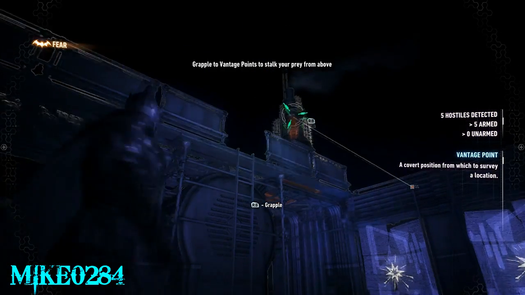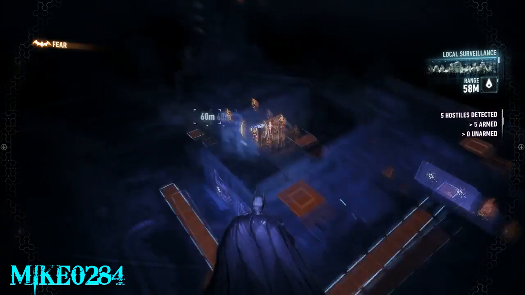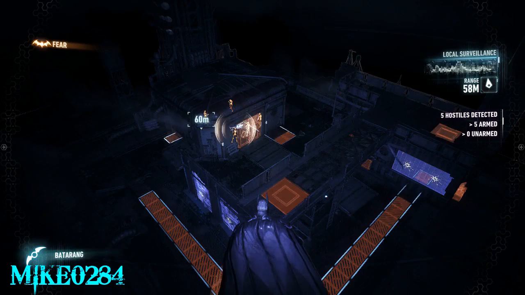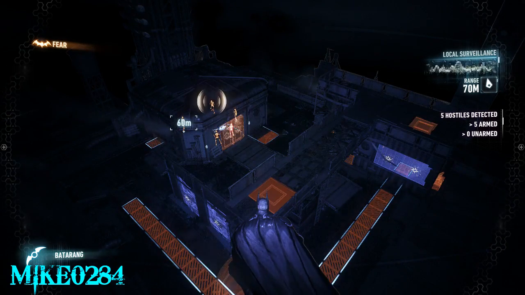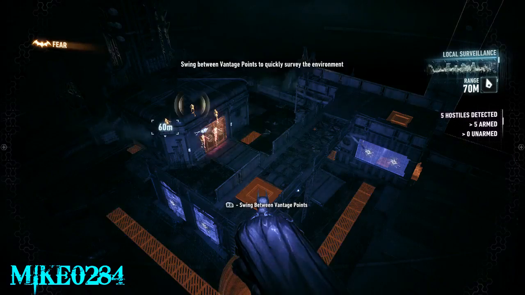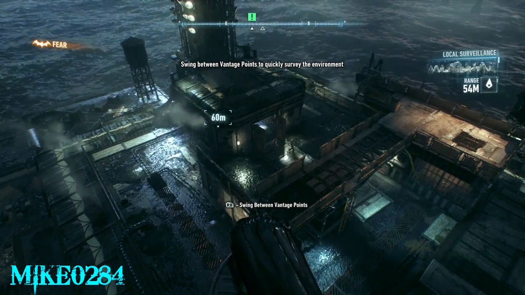This is one of those sequences where, even though you've already played it once, they still force you to go through this whole sequence of seeing how many guys there are and getting a higher vantage point and all this other stuff. And it's one of those things that you should be able to just not be forced into going through all the steps and just do it as you normally would. But